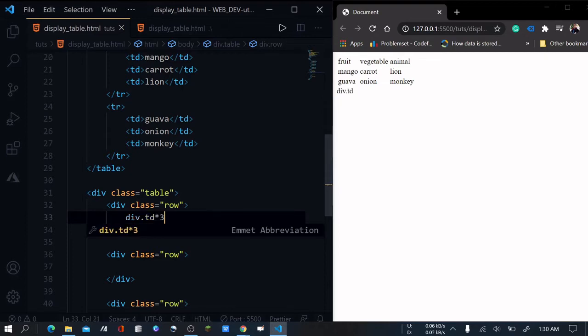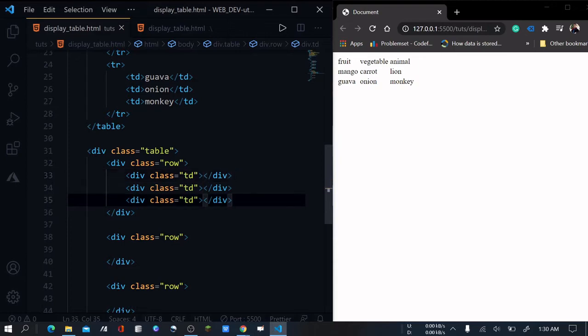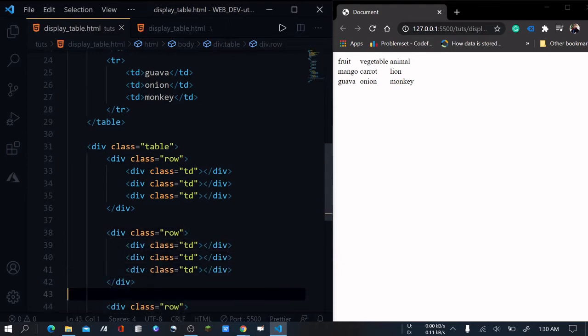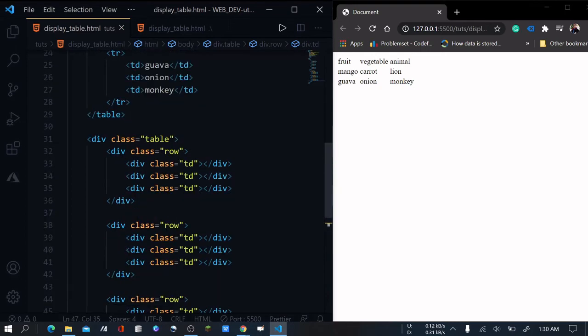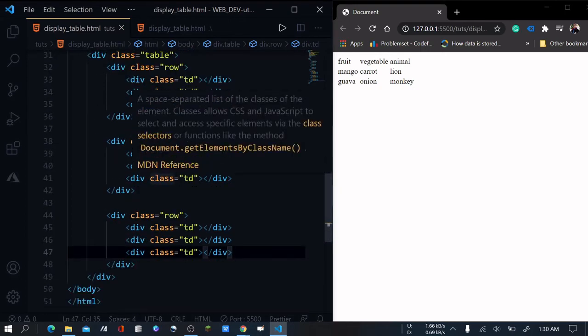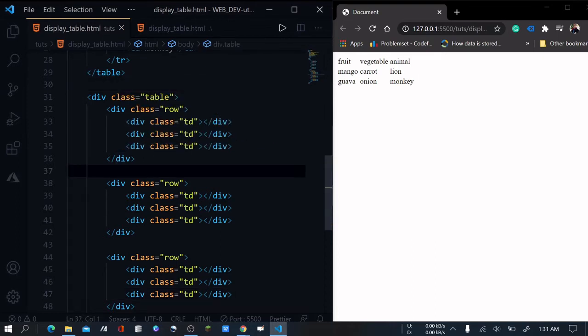I must create three such divisions, and I want to create these divisions for this row also and for this one also. So far, I think this must be clear.